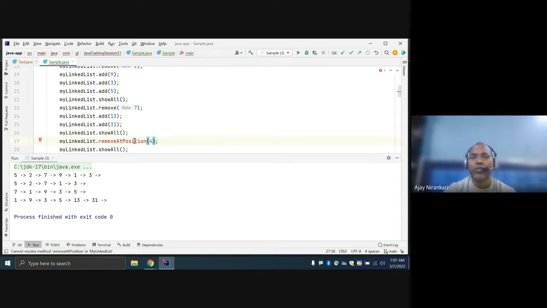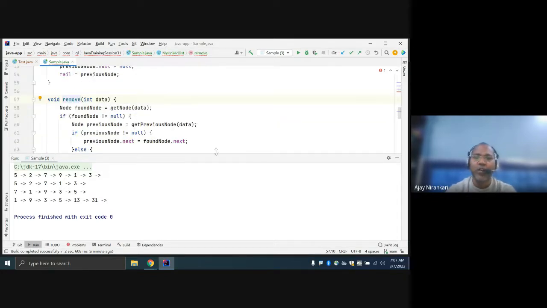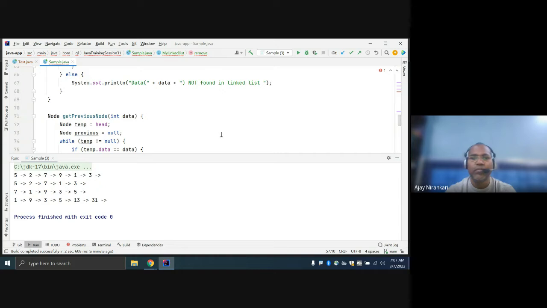I want a method of this kind. This 4 is not a data. 4 is an index. 4 is a position, you can say. Whatever terminology you want to give it. So let's think how you can solve the problem. Let us write a void remove, and it will take a position.